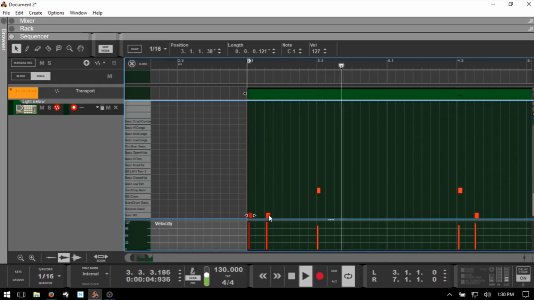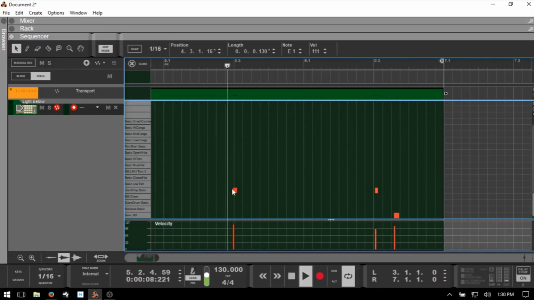I typically don't quantize my MIDI data, and I'm sure some of you will think I'm crazy, but I like to have some imperfections in there. We're getting it pretty close, but